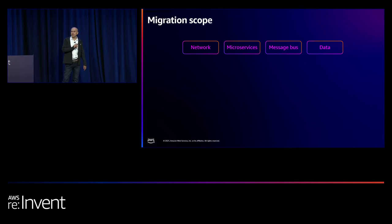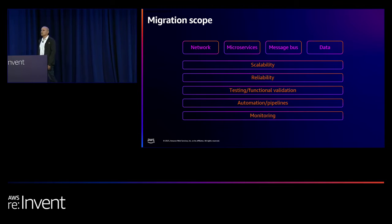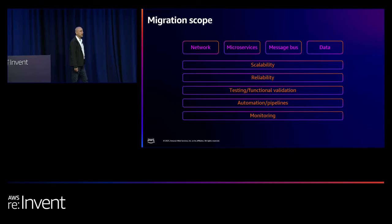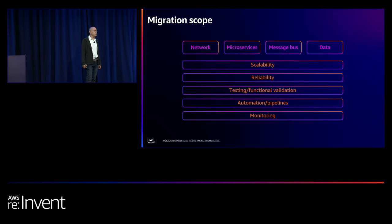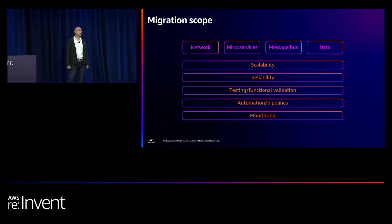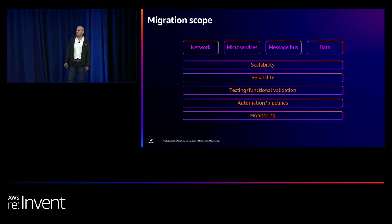Now, these 4 in and of themselves are not sufficient. They are coupled with 5 foundational capabilities that are super important in terms of scaling to the millions of users that would use these services, ensuring that we have a robust, reliable architecture in place. So ensuring that we're using multiple availability zones within a region in AWS, as well as multiple regions within a geography within AWS, coupled with robust monitoring capabilities to ensure that any faults are detected immediately and that corrective action can be put in place. In many cases, automated corrective actions, but in some cases, manual